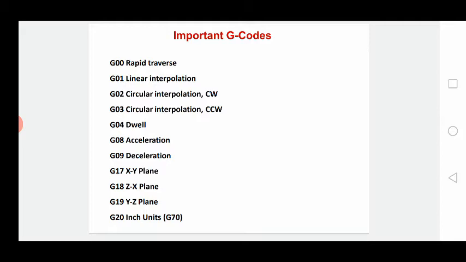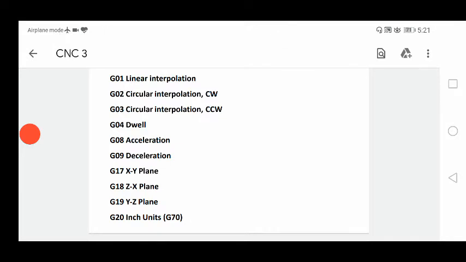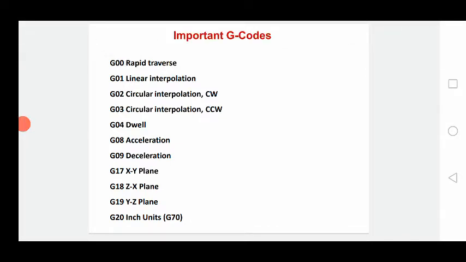Next comes G01, linear interpolation, the line through which it travels. Milling operations and all will be commanded with G01. Next, G02, circular interpolation clockwise, that is for radius of curvature, chamfering and all what we do. So those things we need to go for with G02, circular interpolation